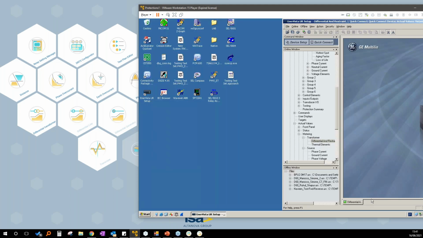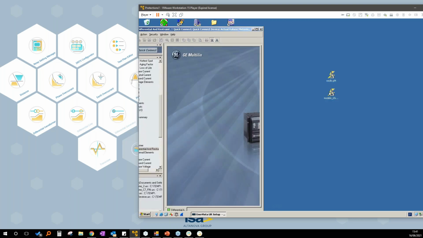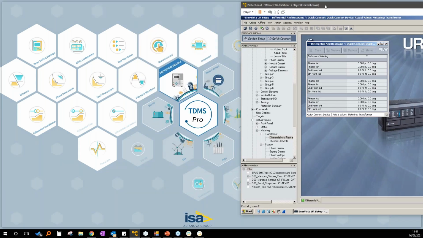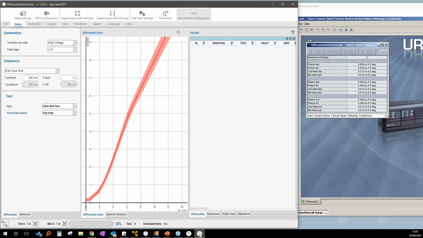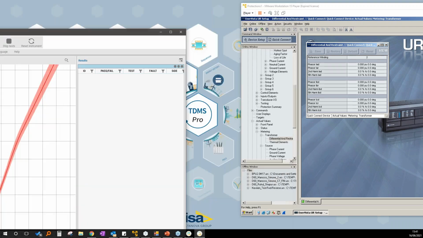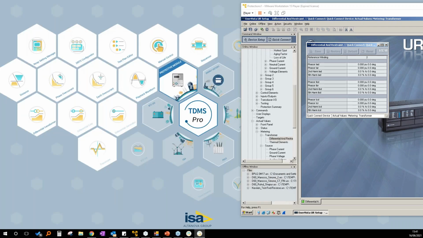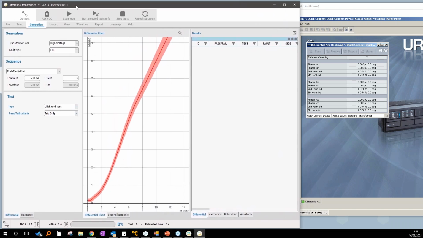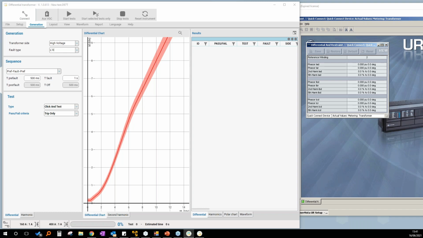Okay. No. Okay. So I connect. No, before I have to disconnect the other module.